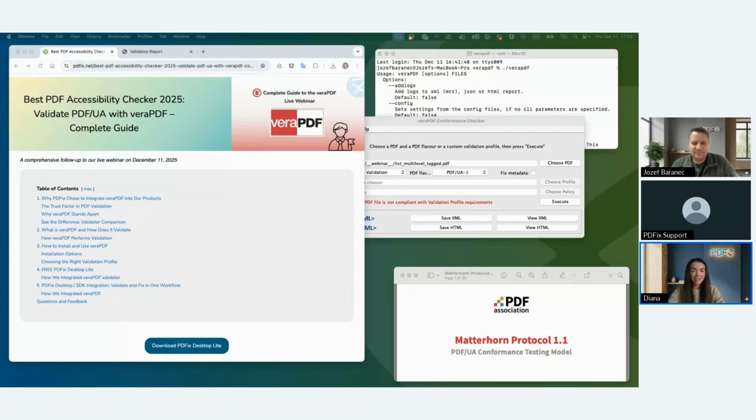And yeah, basically today's topic, PDF validation, came directly from you. Over the past months, we received many questions about PDF UA validation and inconsistent results across tools. So we decided, let's make this a live, transparent session and show exactly how we at PDFix approach validation using veraPDF, the open source industry-backed validator supported by the Open Preservation Foundation and aligned with the PDF Association, where we are